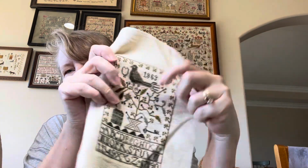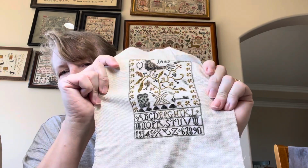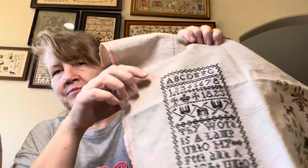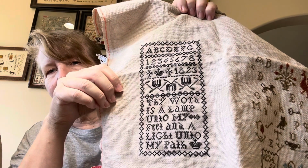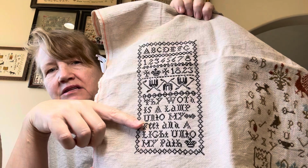Totally forgot who this is by. Loaned out the pattern. This was Words of Praise. This is still almost done. There's just another color that needs to go around some of these. It says, Thy word is a lamp unto my feet. And then this one over here is